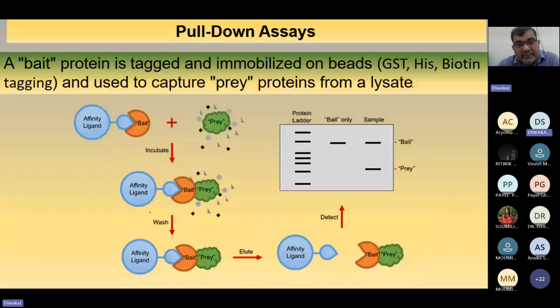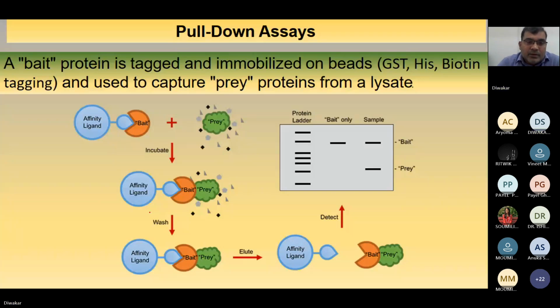Now the second one is the pull down assay. Pull down assay means one protein acts as a bait and the second protein acts as a prey. So in the pull down assay, as you know, during the protein purification process, we can tag the beads with different tags, either GST, His, or biotin tagging to the proteins. Some of the proteins are stable through the His tagging method, and some proteins are established by the GST tagging method. All of the tagging processes are not suitable for all proteins, so we need to try first the HIS, then GST, and then biotin according to the conformational stability of the proteins,